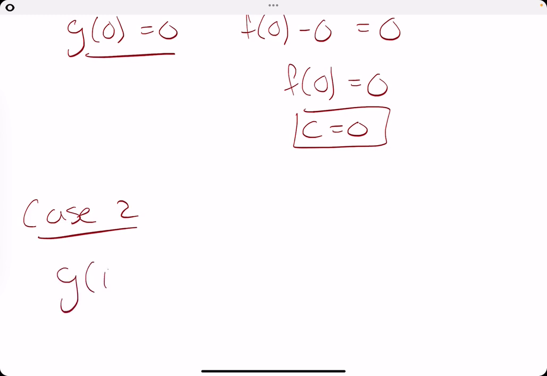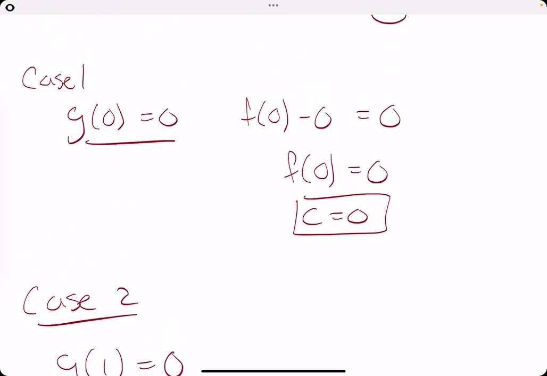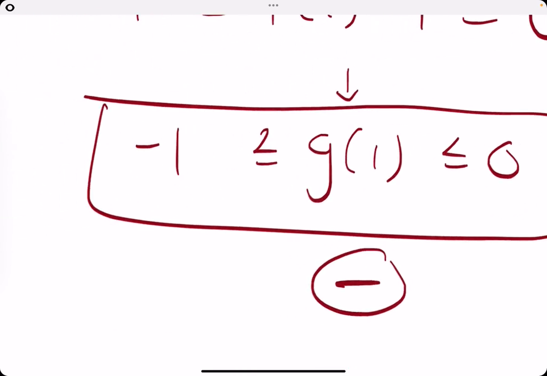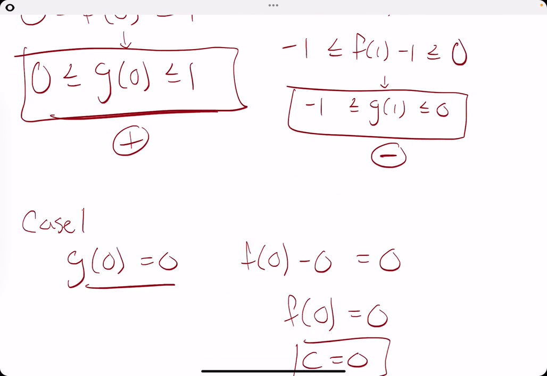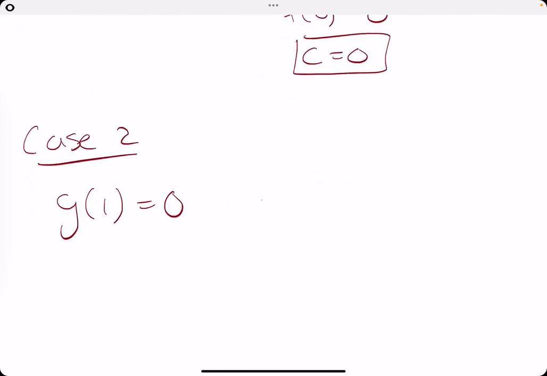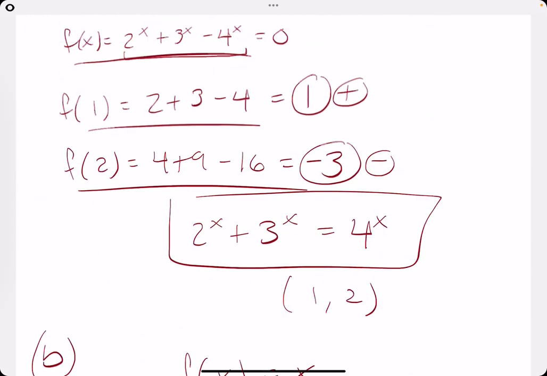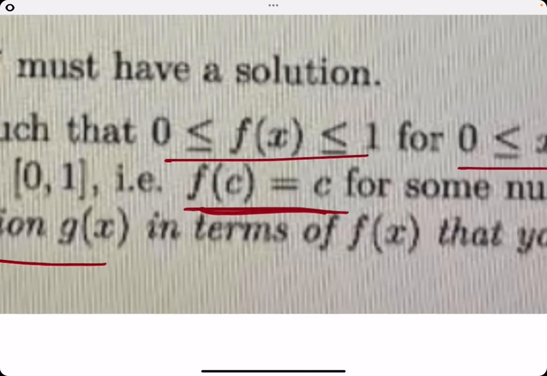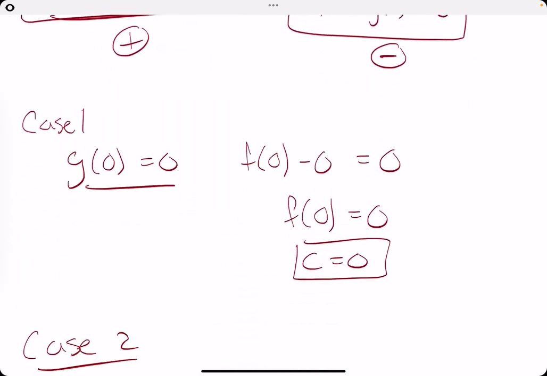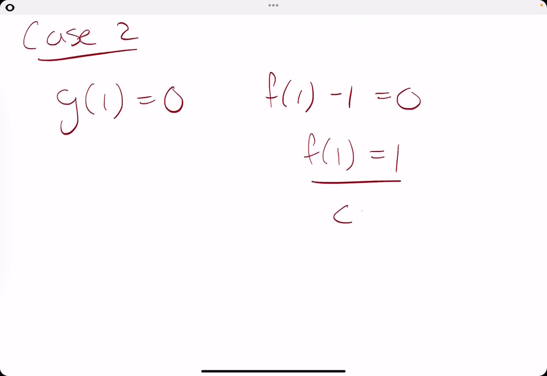Case 2, how about g of 1 is equal to 0? So in other words, g of 1 is equal to 0 here. So what would that mean? That means that f of 1 minus 1 is equal to 0, which also means if we add the 1, that f of 1 is equal to 1. So regardless, in case 1 or 2, it still shows that f of c equals c for some c on 0 to 1. So c is equal to 1. So now case 3